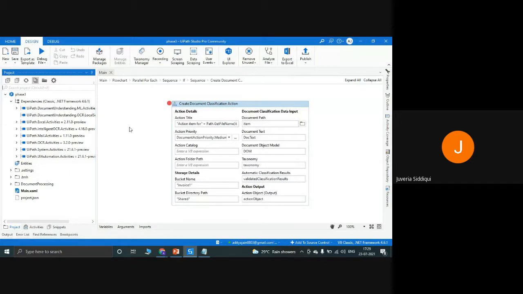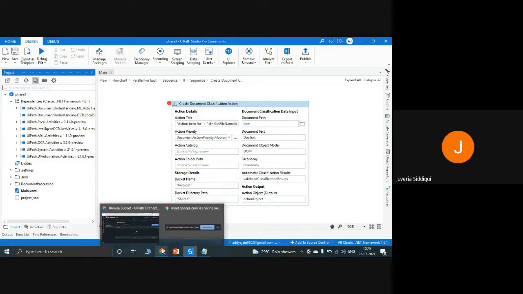Okay. Also, just give me a minute. Can you, instead of just default, try giving a default path.